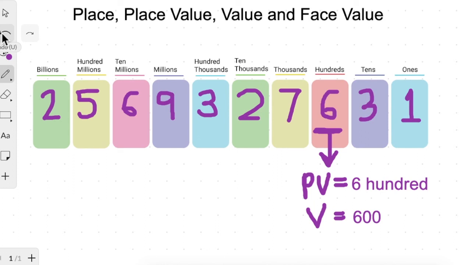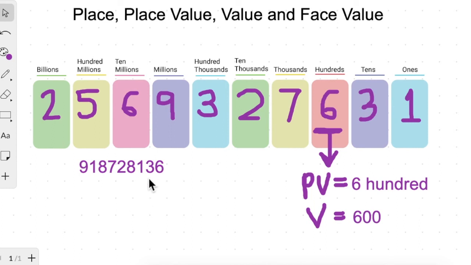So we can see the number, we can place the numbers in the place value table, and then we can find place value, value and face value. And we can even do it without the table. For example, in this number, we can directly see the place of this 7 by moving from the right hand side towards the left.